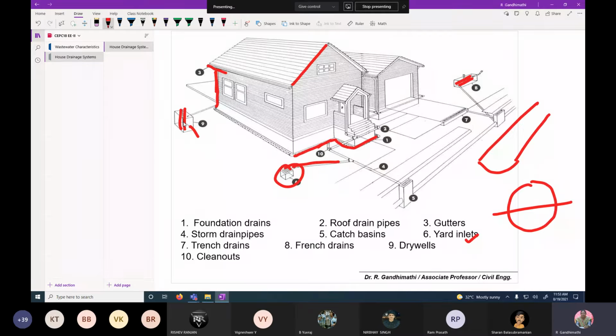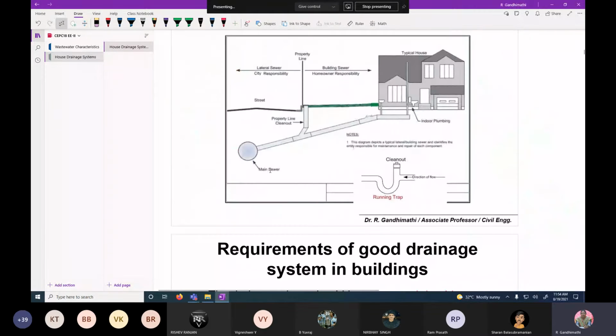And then cleanouts. Do you have an idea about cleanouts? What is cleanouts? Cleanouts are like a projection in the drain facilities. For example, I can just show this diagram, you can see what is cleanouts. There is a projection just above the normal drain, maybe with a cap at the top, mainly to facilitate the cleaning of drains. That is called as cleanouts.